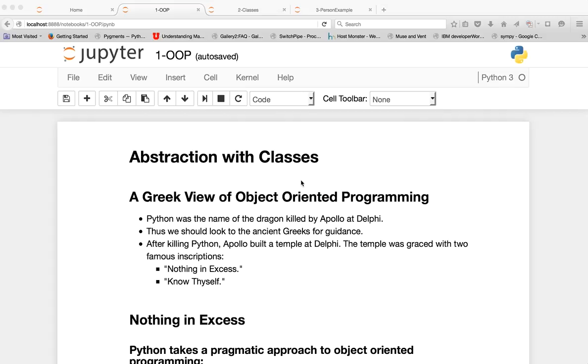Let's get started with talking about object-oriented programming. And so we're going to talk about kind of my Greek myth view of object-oriented programming. Besides this being kind of Greekophile, we can look to the fact that Python was the name of the dragon killed by Apollo at Delphi. And so it's not unreasonable to look to the ancient Greeks for guidance to understand how we ought to be programming with Python. After killing Python, the snake, the dragon, Apollo built a temple at Delphi, and the temple was